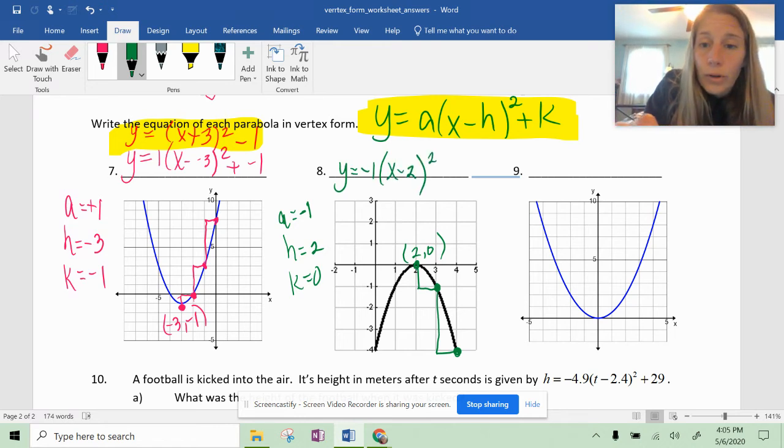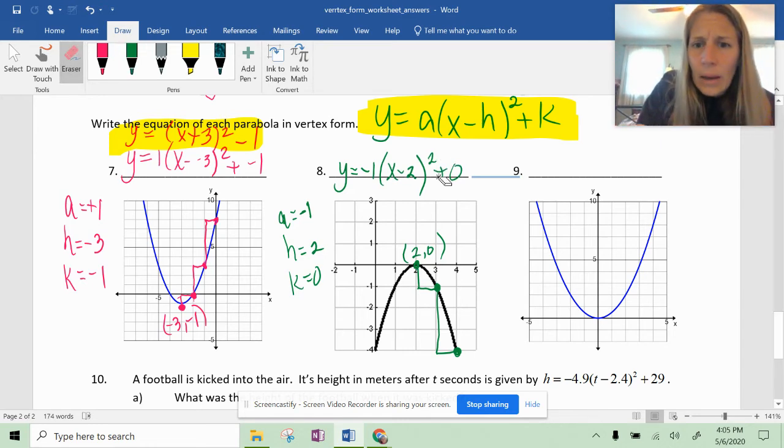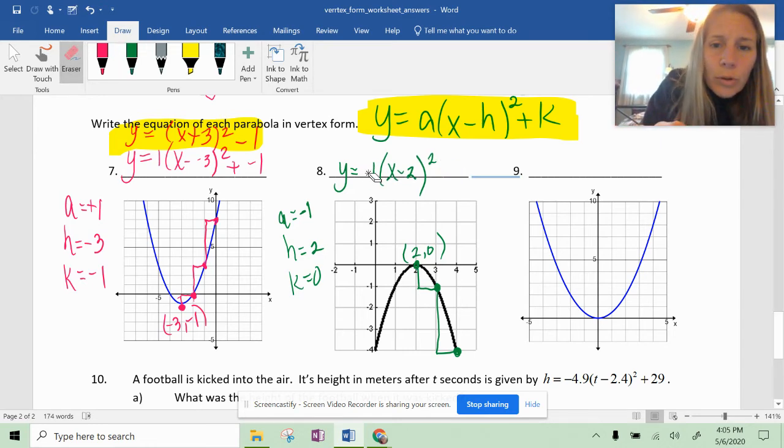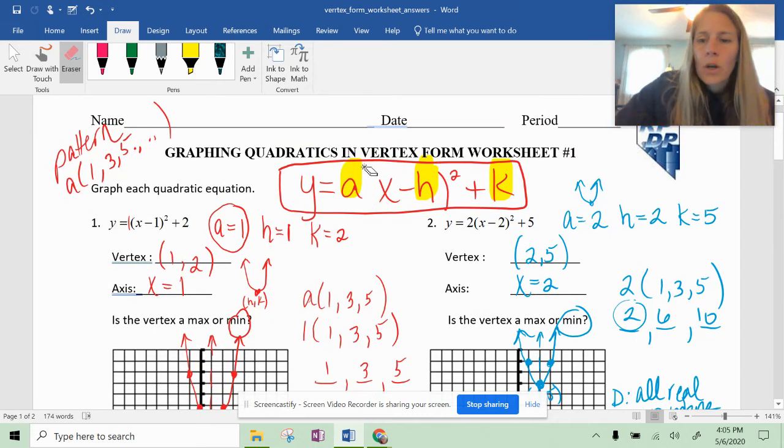And then you could put your plus 0 at the end, but do we need plus 0 at the end? Of course not. We do not. We don't even need to put the 1 in here. We could